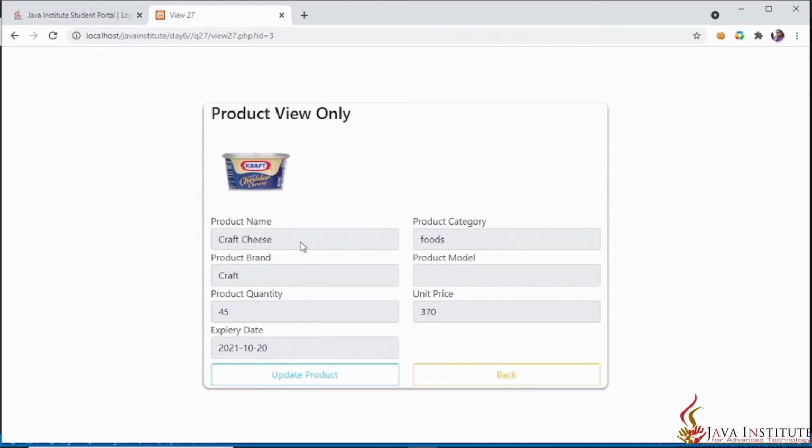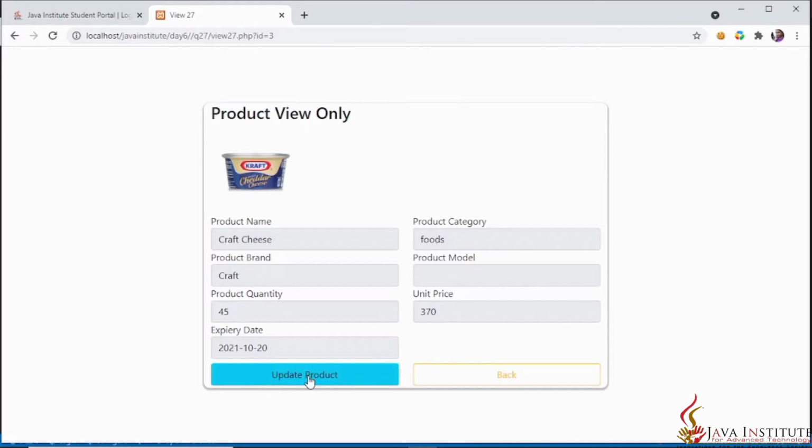Okay, this is the way, and all this data is gained from the database, and this is the product image I have created. Then by calling this browser back button, I can go to the view page.